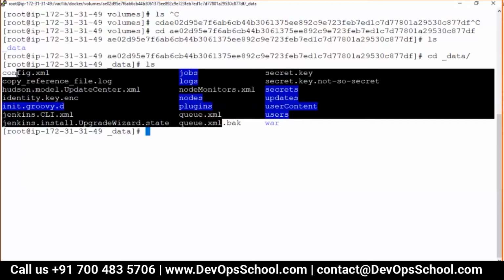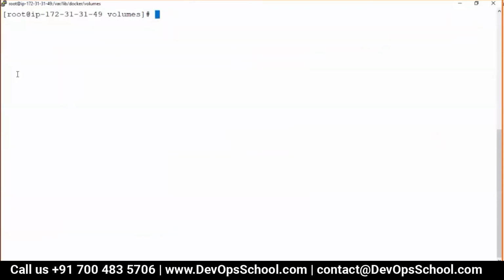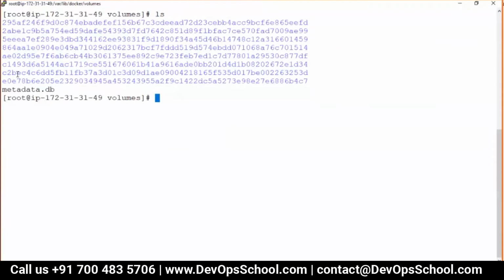Anyways, we will talk about that part in the image section, but right now at least we got to know we have to prune it or remove it. I want to clean it up. So first thing, I will prune it. Prune will delete unused volumes. I want to check how many unused volumes there are.